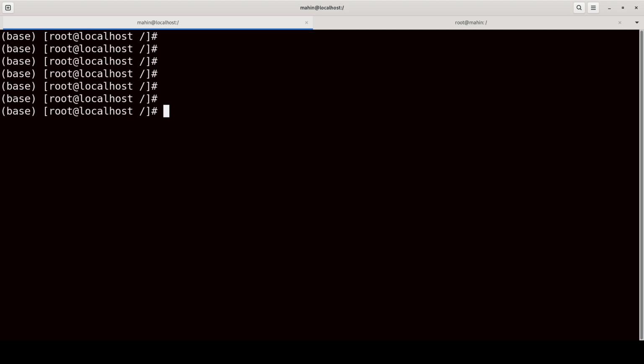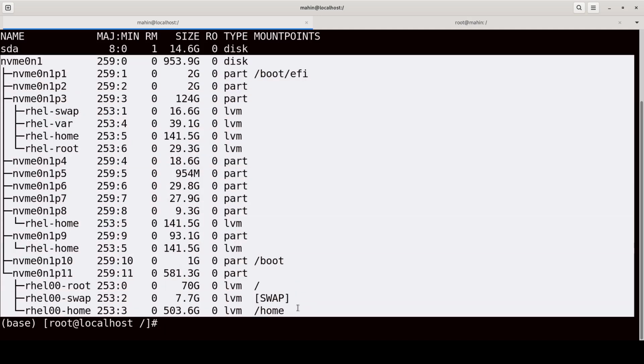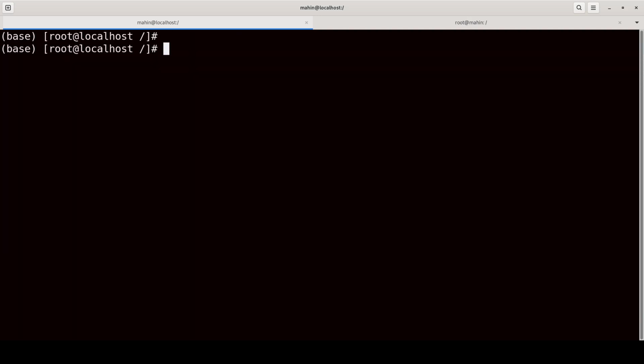At first, I will type lsblk to see the storage. There is a lot of information here; ignore it. Only check this: this is sda and it has 14.6 gigabytes free. Okay, I'm going to create a partition using fdisk